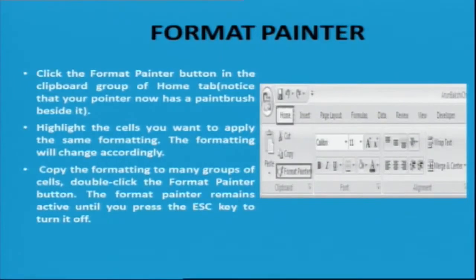This will be very easy for you, because we may have applied different styles and different formatting to some particular text. If you want to apply the same style uniformly to another part of the content, you would otherwise have to remember all the steps you did. Instead, we can use Format Painter, and the formatting done for some particular text will be copied and applied to the other part of the text.